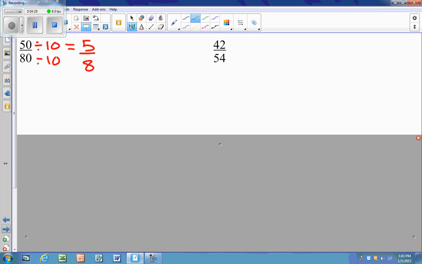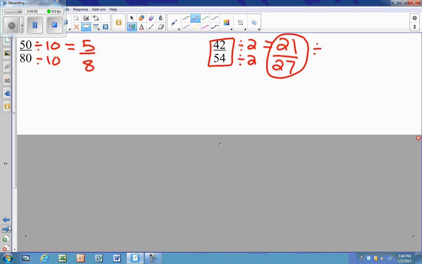Over here, I want to think of some numbers that I can divide both of these by. Some people might see to divide by 2 first because they're both even. 42 divided by 2 is 21, and 54 divided by 2 is 27. Now they look at the next set of numbers and they wonder how to simplify this because I have to make it in its lowest terms. I must simplify or I must reduce. And they might see that you can divide these both by 3,